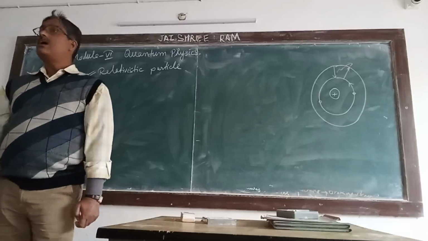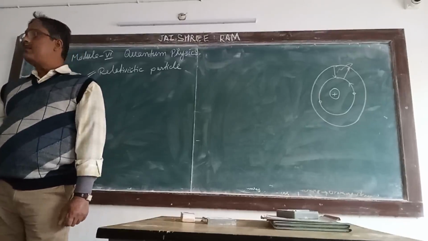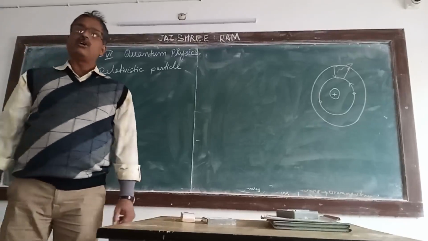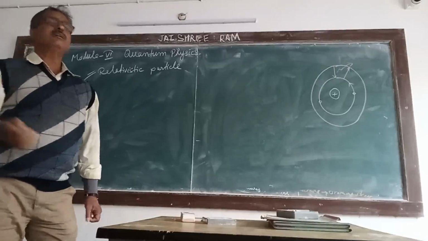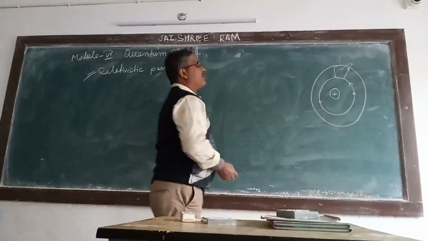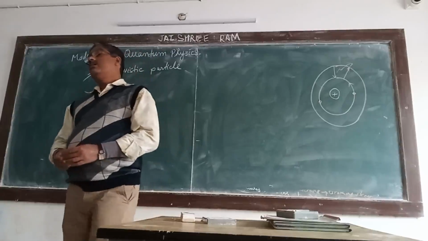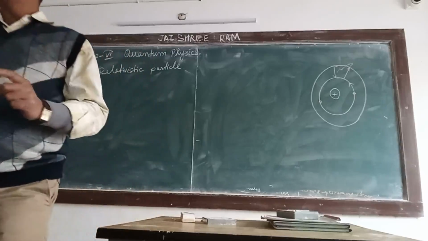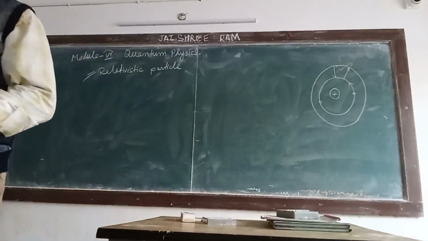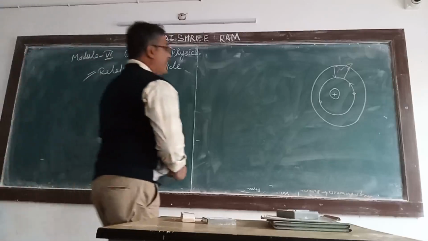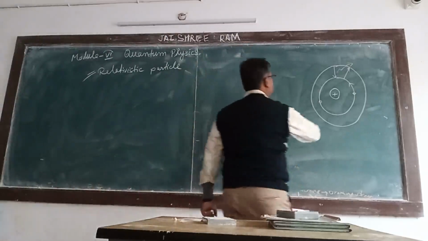So these are the quantum mechanics, and this is called the inadequacy of classical mechanics. Inadequacy means why we go for quantum mechanics: what are the experiments or common phenomena which cannot be explained by classical mechanics. Okay, so this is the common reason why we go for quantum physics. Now we will start the blackbody radiation, which is in your syllabus.